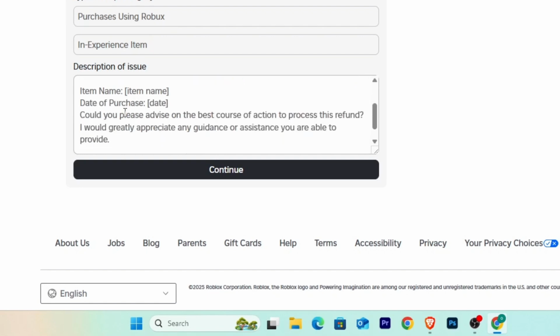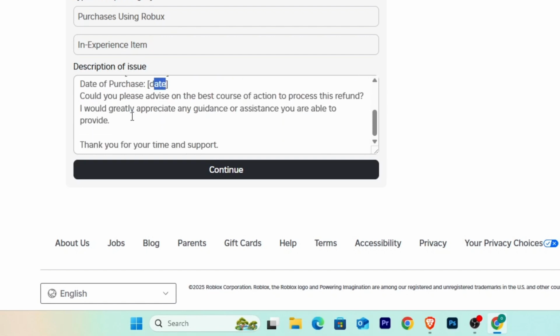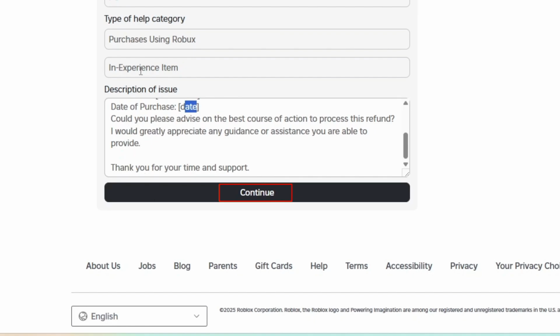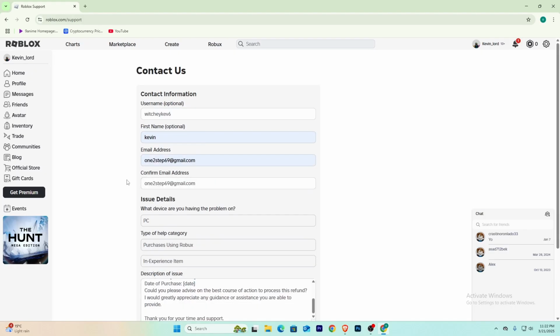Details of the purchase are as below. Item name. Make sure you enter the game pass name and enter the date of purchase. After you fill this entire form up, click Continue, and Roblox will contact you via email to help you fix your